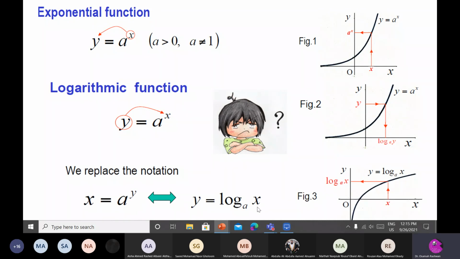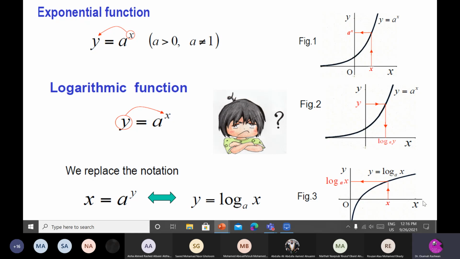Yes, this is the logarithm for a base a. The inverse function of the logarithm is the exponential function. Okay, so look at this one. Because it is the inverse, it is exactly like you reflect this one